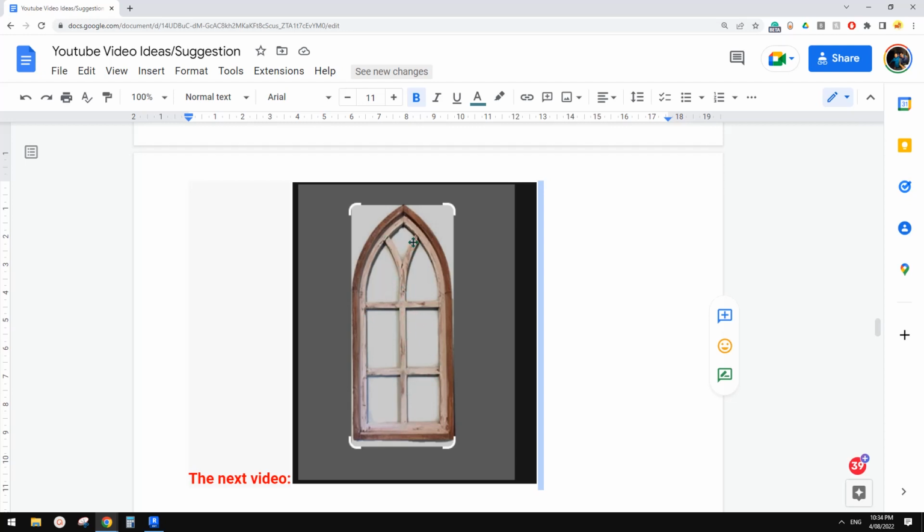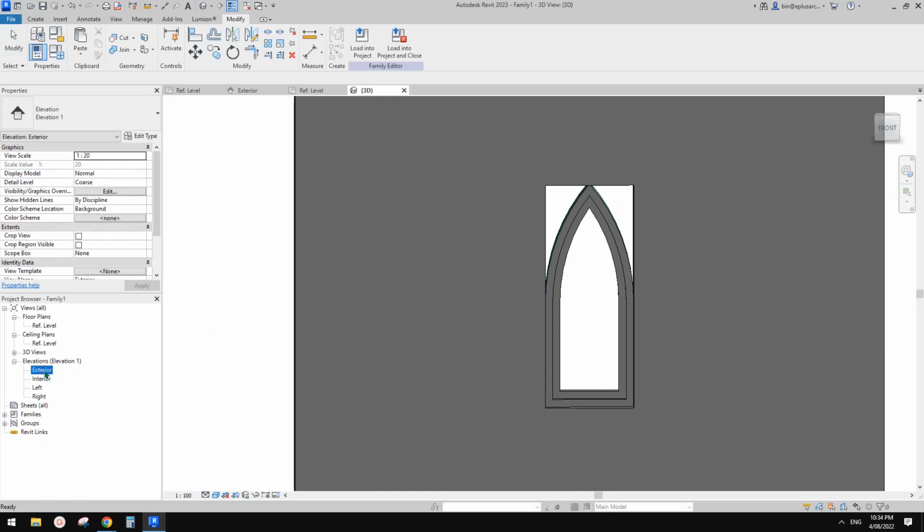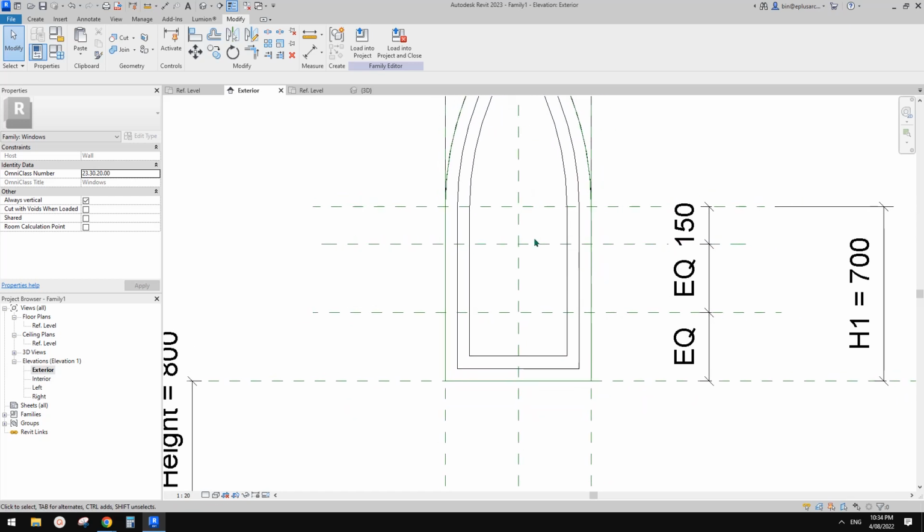These are not hard. So let's just finish the easiest part first. Okay, so go to elevation. The first one will be here. So start from here to here. Let me think. Yeah, we should be able to use sweep, but